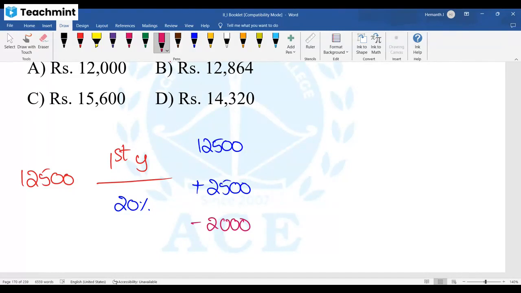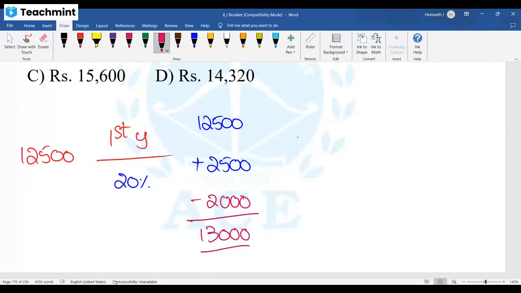It becomes 15,000 after the first year. You pay 2,000, the pending is 13,000. No, sir, I will pay 5,000, pending will be 10,000 only. That's the policy also. If they give EMI also, we can pay an extra amount. There is no constraint. Less than that, we should not pay. We can pay more than that. Then you can calculate the pending amount, and when to close. Those calculations are required when you enter your job and take a home loan or car loan, whatever it may be. You need to keep these things in mind. Some people plan to rotate the money they have in hand, but at least you should know these calculations if you want to do that.